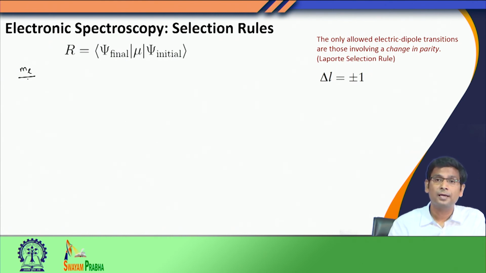If you remember the solution of the hydrogen atom problem, we had the radial solution and the angular solution. The angular solution had the L part, which depended on theta and phi, and the m part, which depended only on the phi coordinate